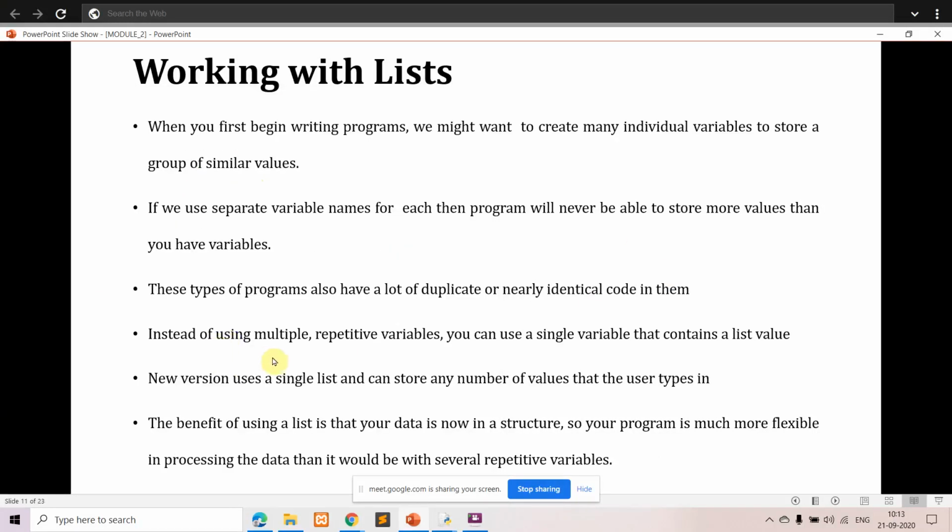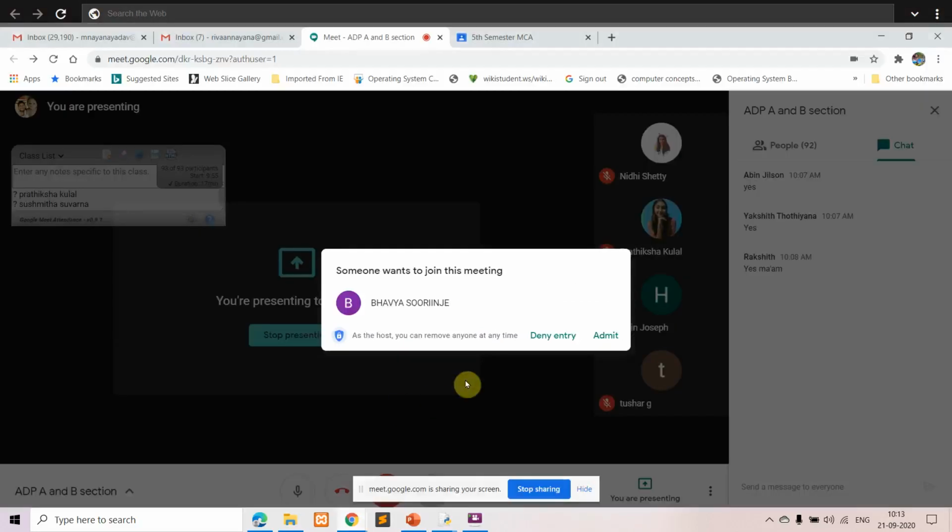Instead of using multiple repetitive variables, we can use a single variable that contains a list of values. Just as we were speaking about arrays in your lower semesters, similar to that, instead of having multiple variables, we can go for what is called a list.